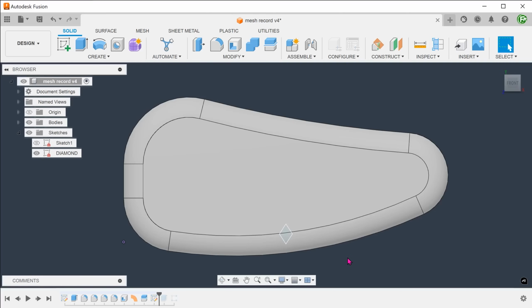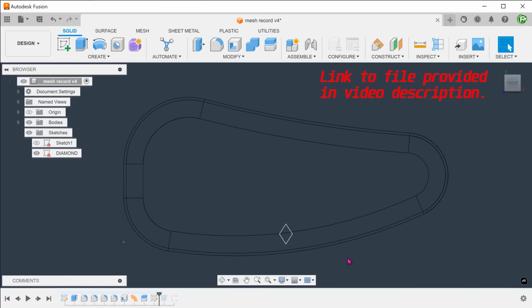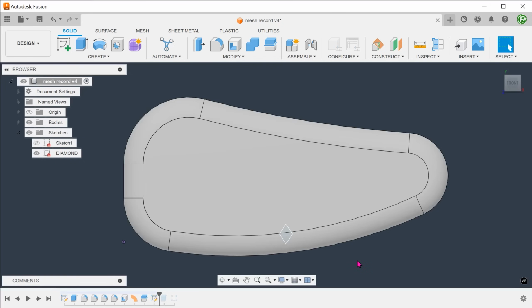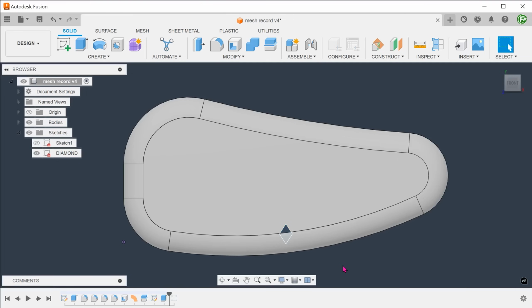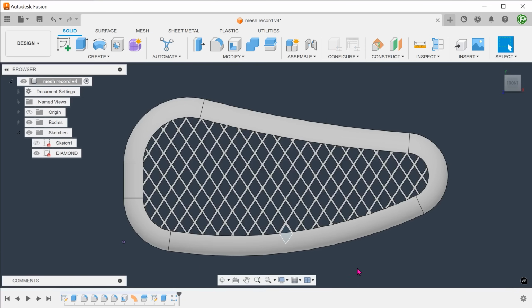Let's take a look at a hypothetical scenario where the seed cut sketch occupies both the inner and outer regions. Under Objects to cut, you can now see two bodies. So proceed to select only the inner body. If we proceed to create a pattern, the pattern would follow the rule set by the seed extrude and only cut the inner body.